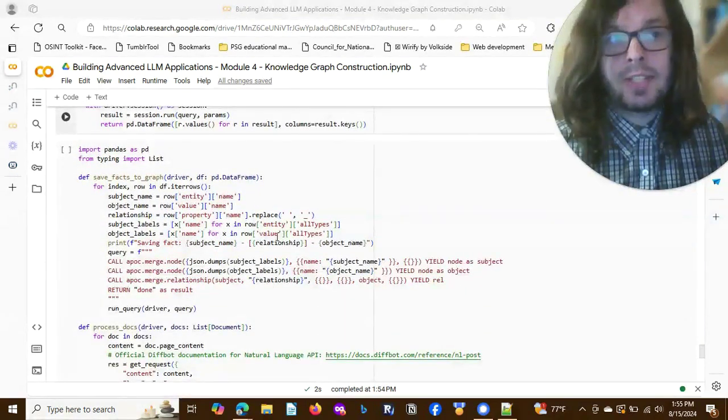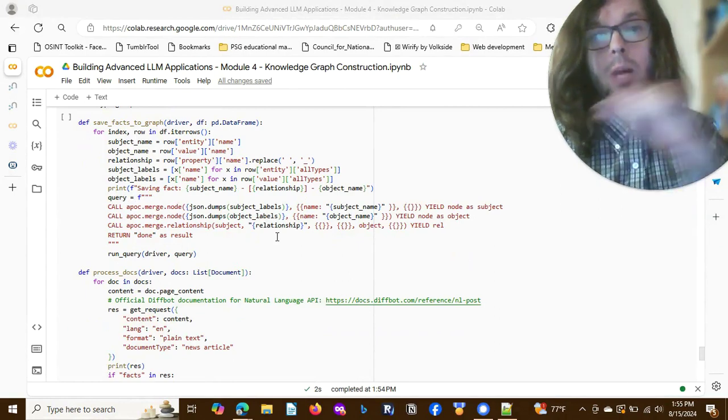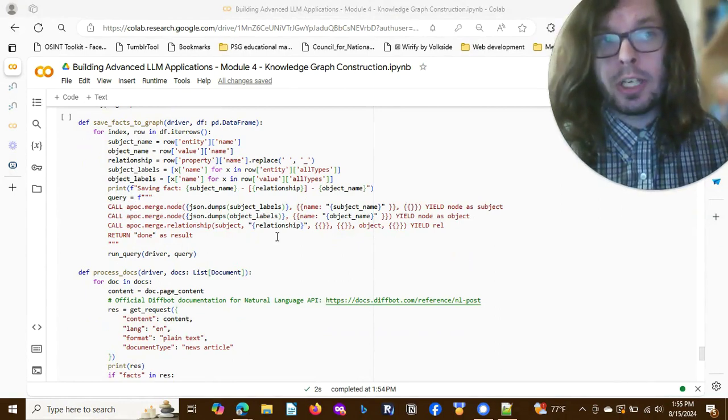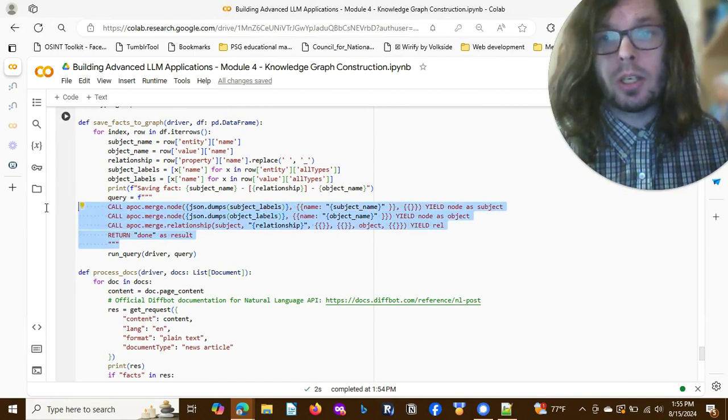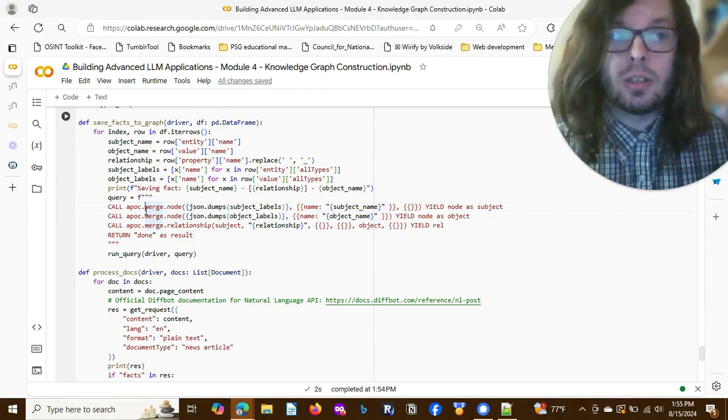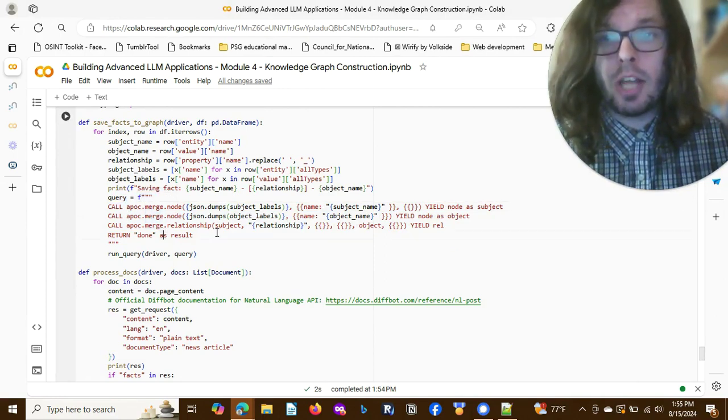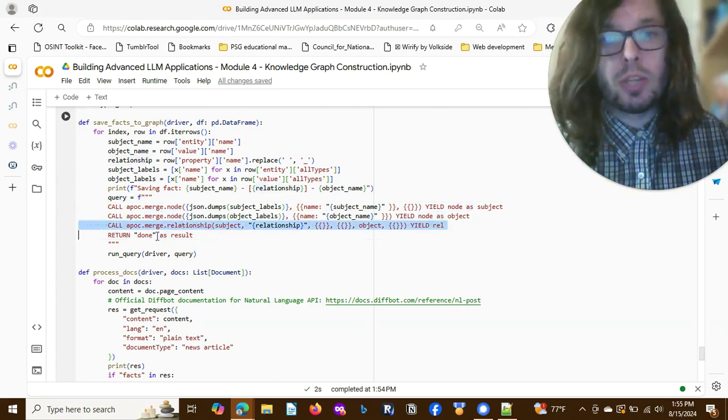We take each of the facts that we get back from the Diffbot natural language API and we upload them directly into our Neo4j graph database instance here using this set of APOC stored procedures, essentially the equivalent of stored procedures in Neo4j using the APOC library to merge the nodes that we have obtained as well as the relationships